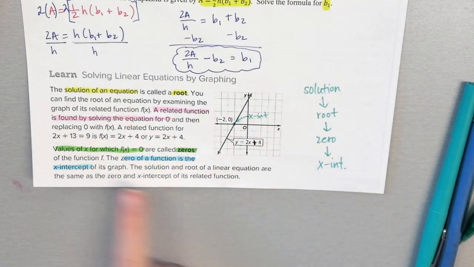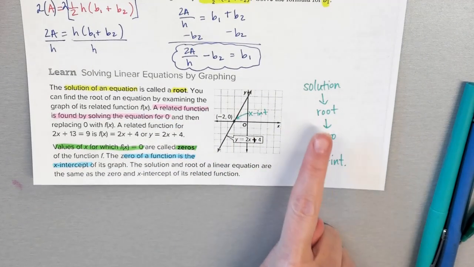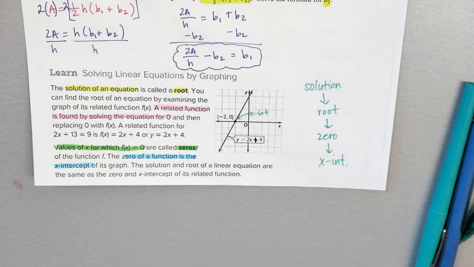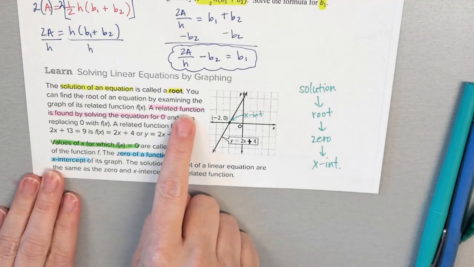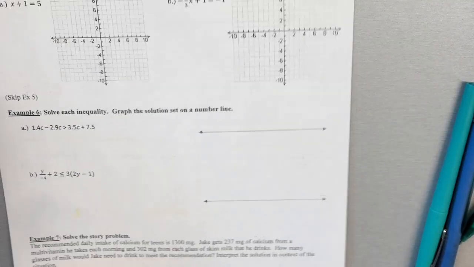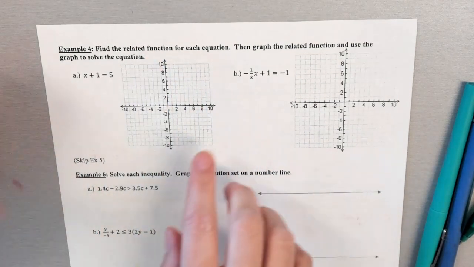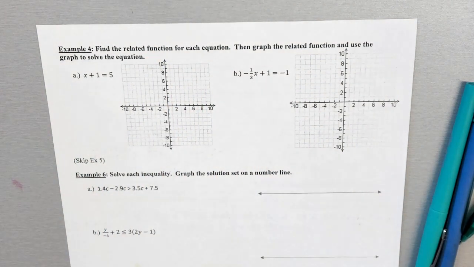Okay, so I took this directly from your textbook. It has this same information here. The solutions, the roots, the zeros, the x-intercepts are all the same. So what we're going to do is find the related function. Now notice here it says the related function is found by solving the equation for 0. So when we find the related function, we are going to write that